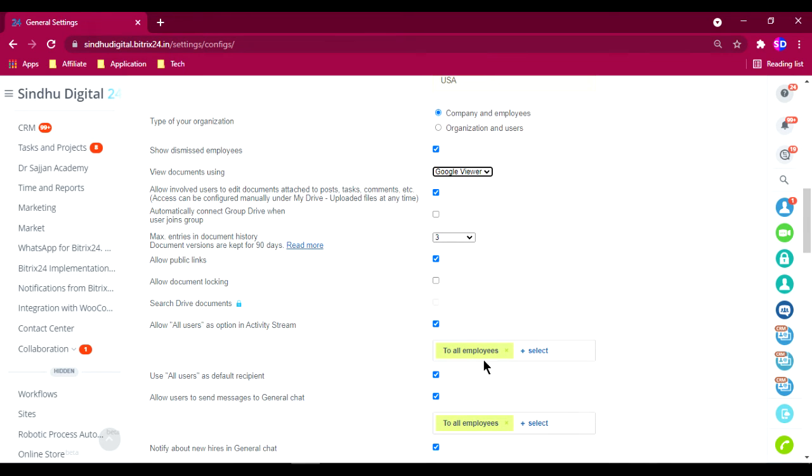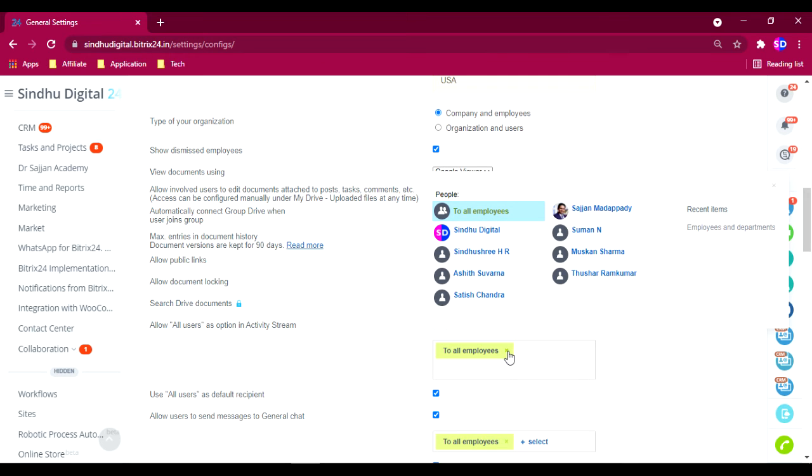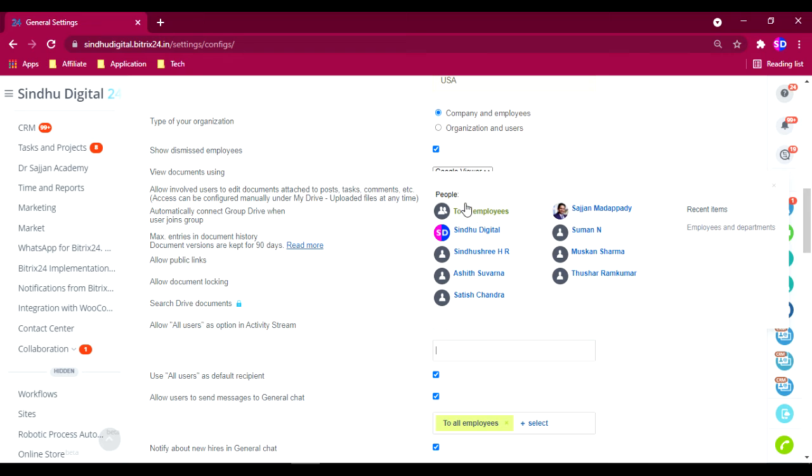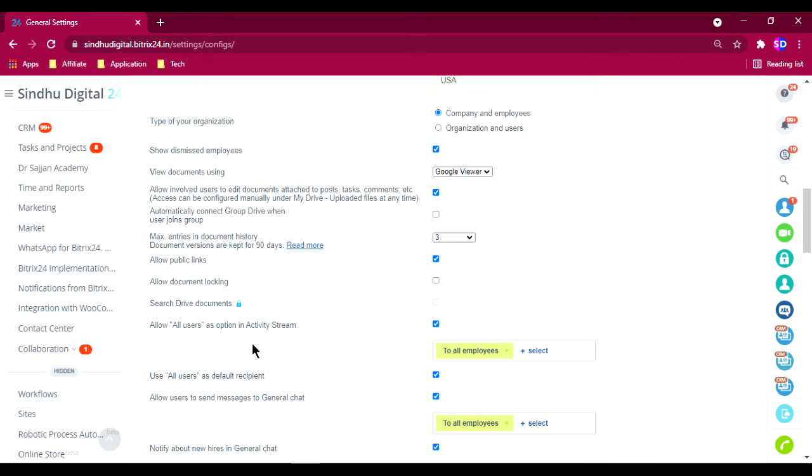Okay, as you can see, you can allow all users as an option in the activity stream. In further videos, I'll discuss these activity streams. Okay, now I'll give access to all employees. If you want it to be restricted, you can cancel it and select the employees. Right now I'm selecting all. Okay, for the activity stream, everyone has to see their activity stream, so I'm just adding everyone. Okay,